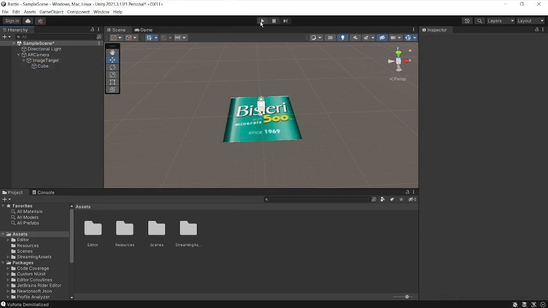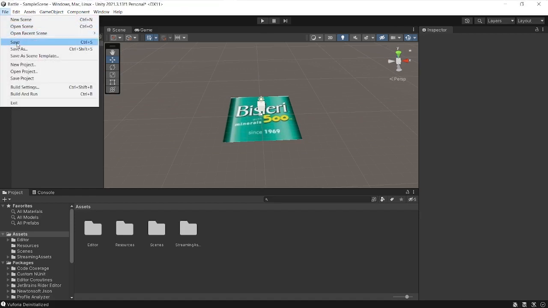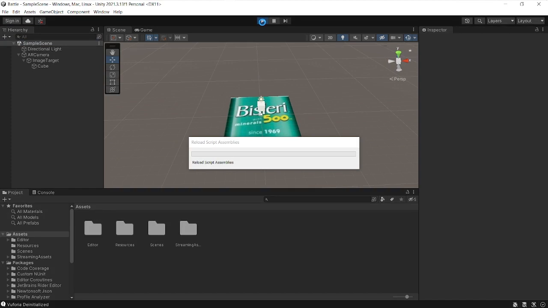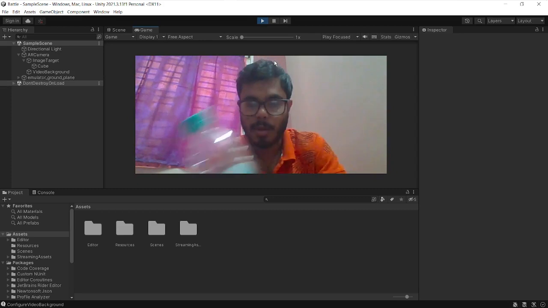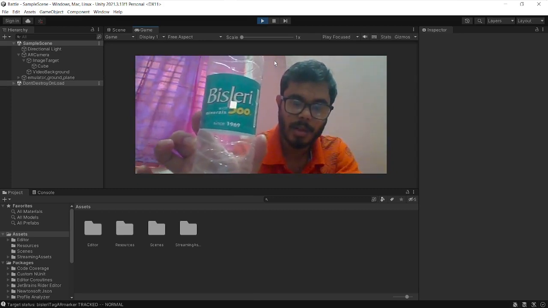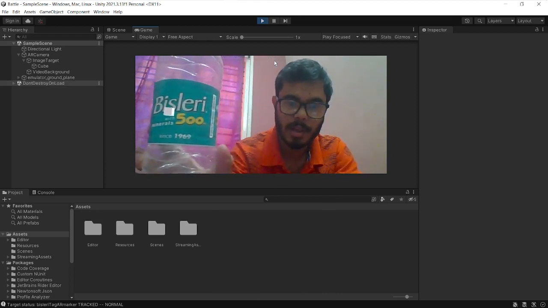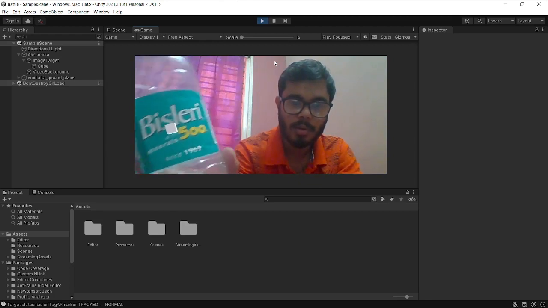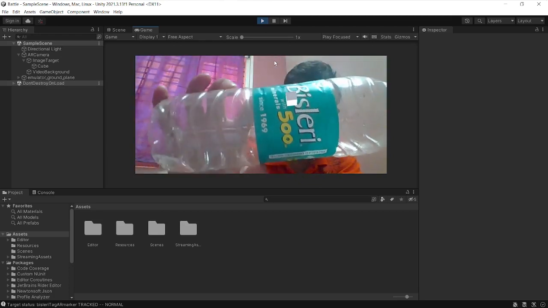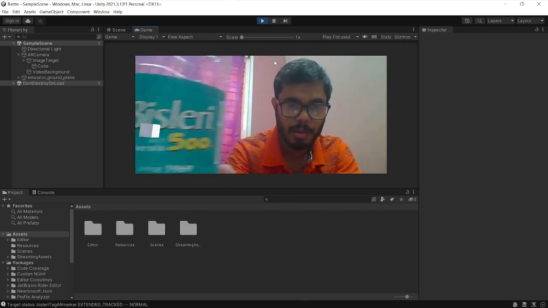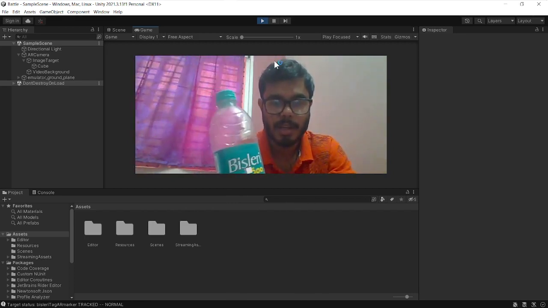First I will save the file. Now if I turn on the camera, meaning if I play this scene, it will automatically turn on the camera. Now you can see this is my bottle. If I show the bottle, you can see a virtual object like a cube. If I move or rotate the bottle, the cube will follow it and react accordingly. So basically we have done our augmented reality part,